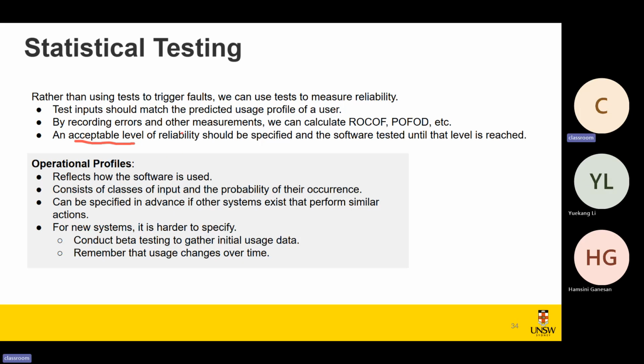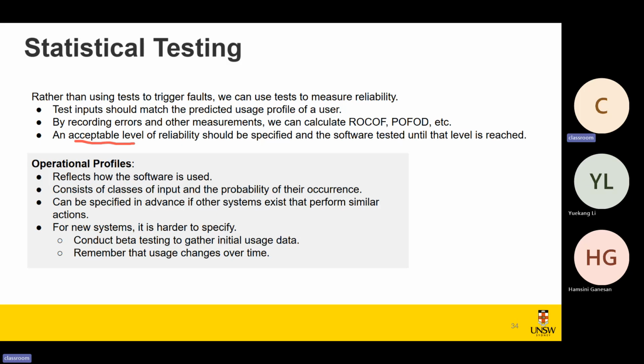So here, the key thing is about how do we capture the operational profile? How do we know that this system is performing like what's happening in real life? So for the operational profile, we want to reflect how the software is actually used in the real world, and it should consist of different types of inputs, and different types of inputs should occur in a similar probability as their occurrence